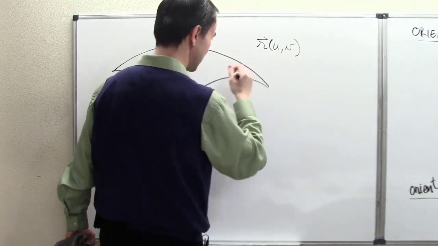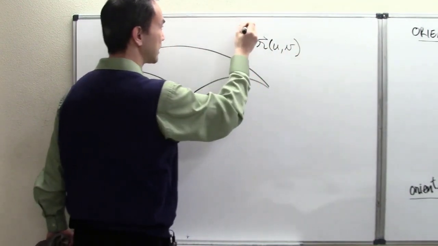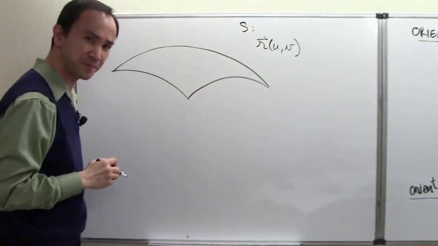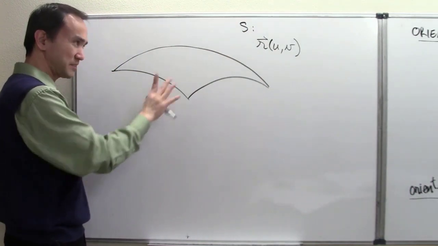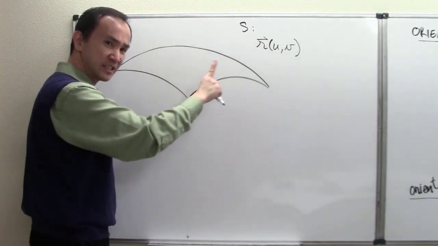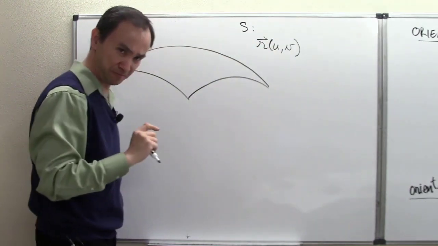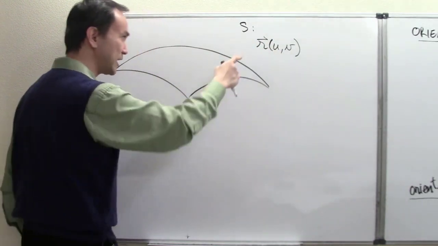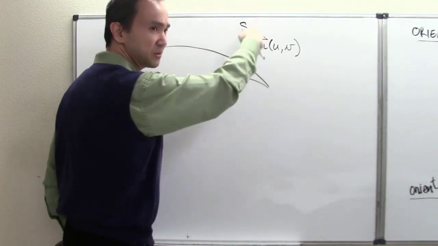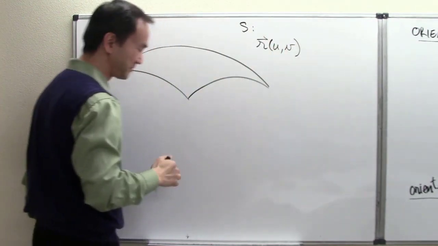Any surface has a parameterization. So this surface S right here, let's say it comes with a parameterization. And for each surface, there could even be multiple parameterizations. So the idea now is that depending on whichever parameterization that you come up with,